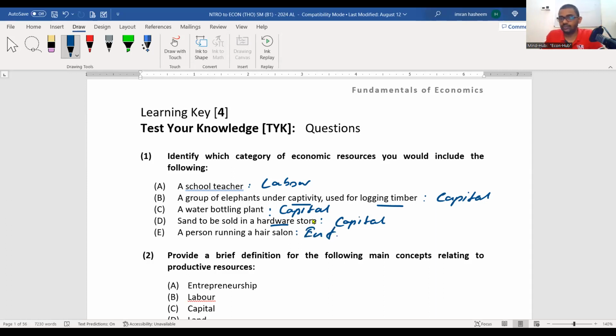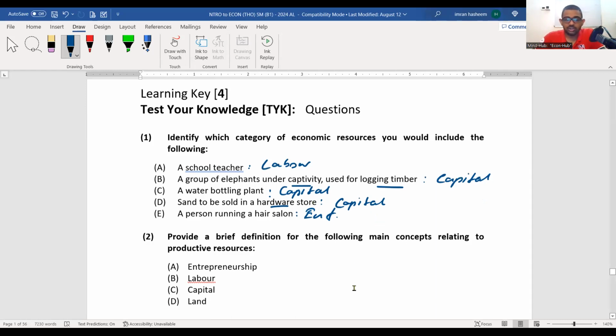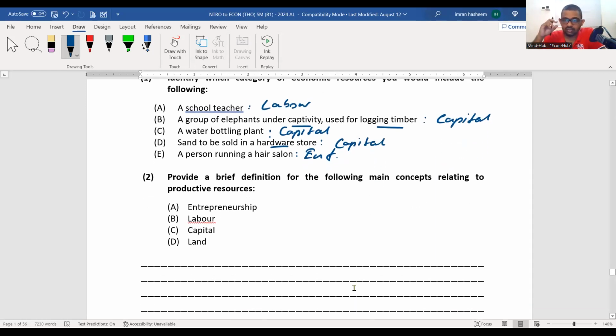Entrepreneurship. Got it? Right. Question 2, I expect all of you to answer. We have learned the proper 2-line, 3-line, simple definition for these particular factors of production. Okay, entrepreneurship, labor, capital, land. I'm starting in the other order so that you will remember them better. Learn how to define them. I want the proper definition, not the general definition. What we have learned word to word, exactly I want you to write the proper definition.